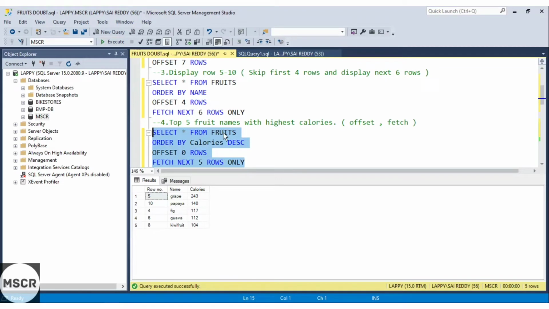Now this is the perfect query for this question. Top 5 fruit names. We got 5 fruit names. You can see 1, 2, 3, 4, 5. And these fruit names are having highest calories. 243 is the highest calorie fruit, that is grape, and its corresponding row number is 5. So row number 5, 10, 4, 6 and 8 are the fruits which are having the highest calories among all